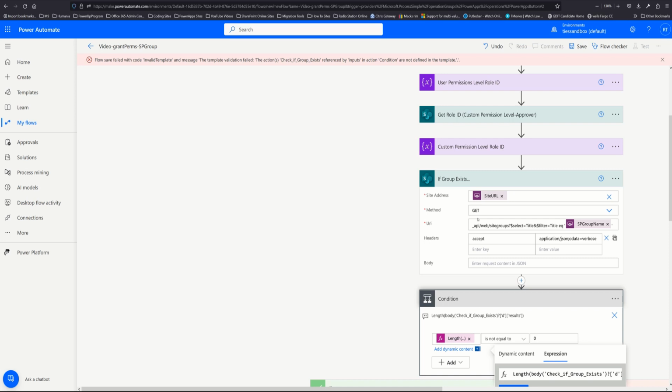Okay, I figured out why it's not saving. You've got to be careful when you rename this stuff. I think I renamed this after I set this up. See what it says here? Check if group exists. That's not what it is. So what I'm going to do is get rid of that altogether. We're going to go back in here